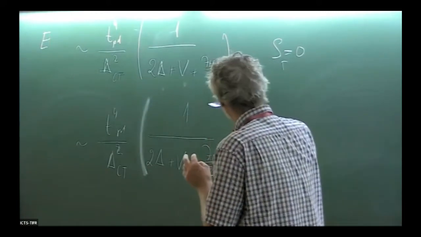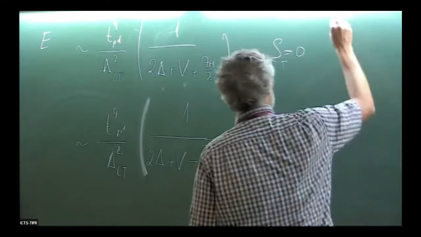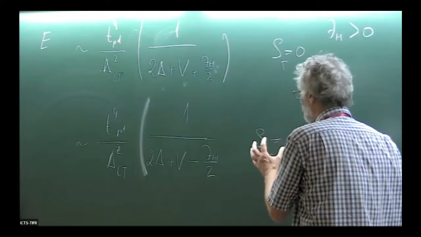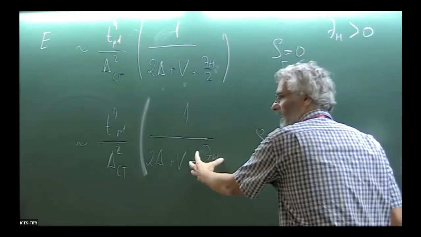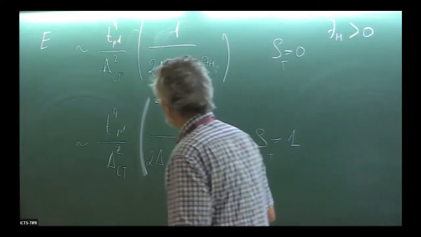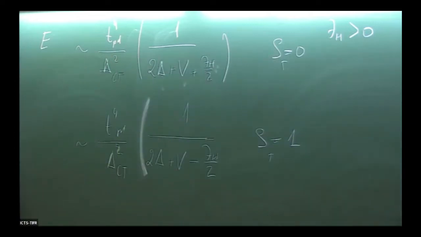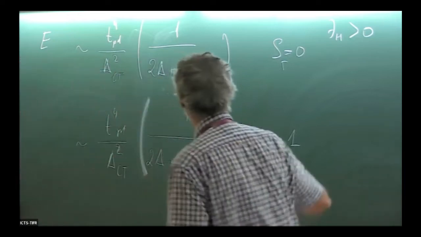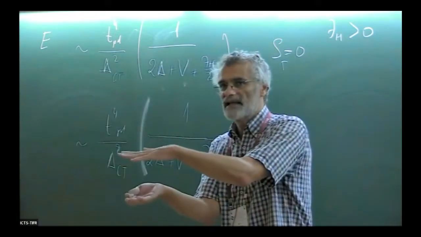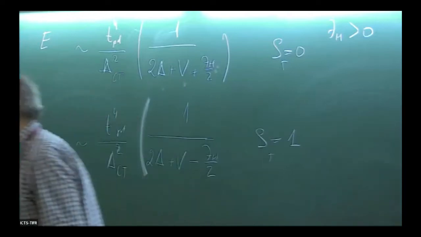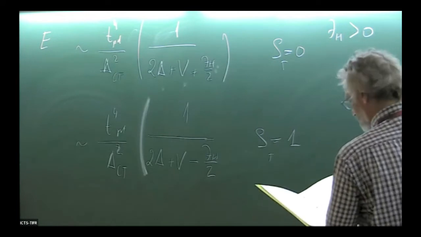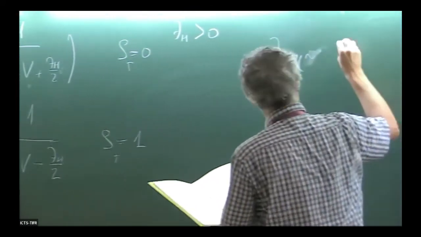This says that if J_H is positive, so if the 2 spins are in a triplet state, it will have a lower energy than if they are in a singlet state. So the effective interaction is then the difference of these 2 terms, because this is a singlet, this is a triplet, and the exchange energy is just the energy difference between the singlet and triplet. So we can write that the J effective in this case is proportional to minus